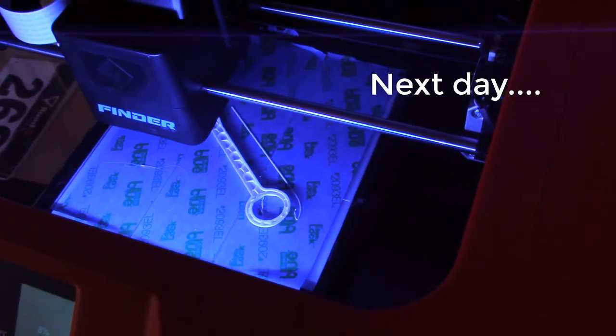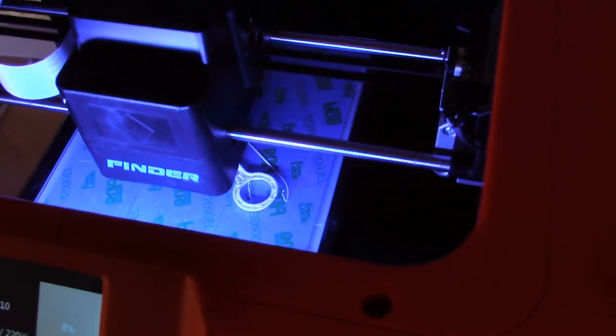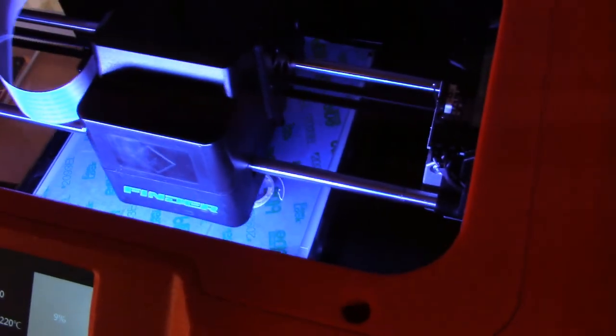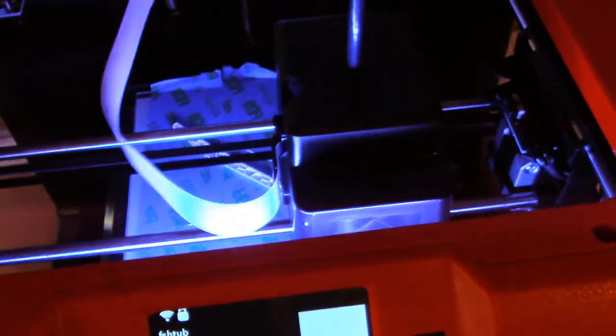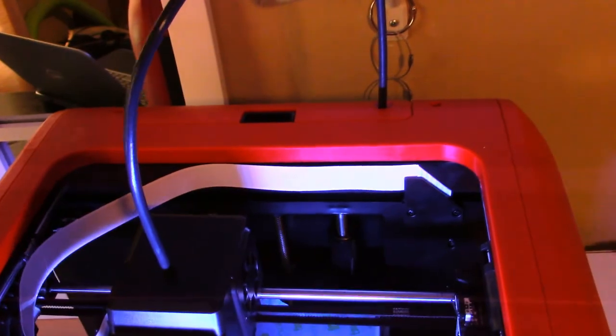Alright, so we are the next day. Been a lot of experimentation going on. As you can see right now, the printer is printing away. What I am actually printing is a model that allows me to externally mount a spool on the Forge Finder printer. Because what the issue is, the spool that comes with the printer that goes in this cartridge, it fits in here,